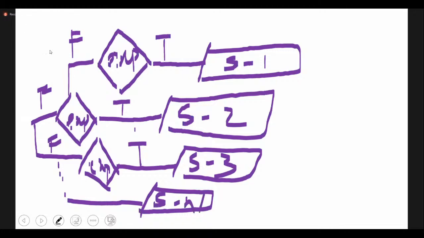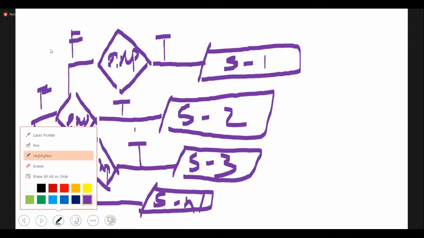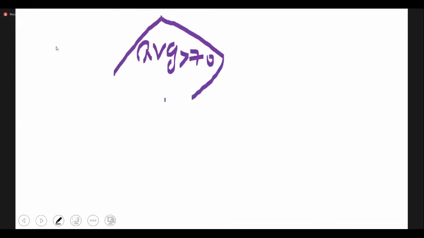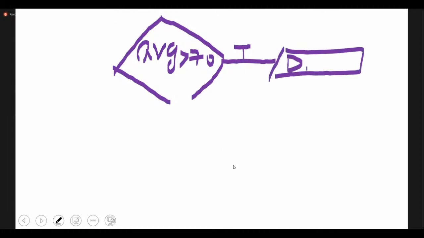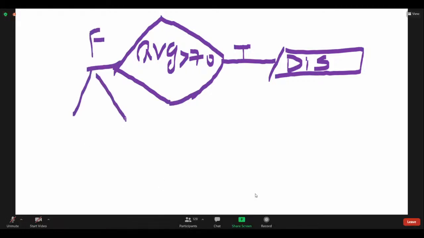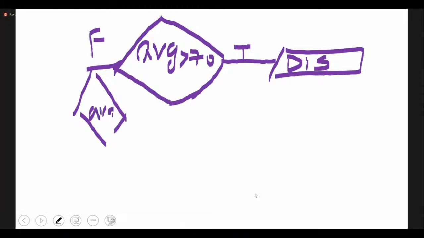Like for example, you are finding the result analysis of a student. So how do you write that is, suppose if your average is greater than 70, this is true, I will print the result of a student as distinction. Okay. Otherwise, if this is false, again I check for another condition. Just I'm giving you a sample, you can modify it later.